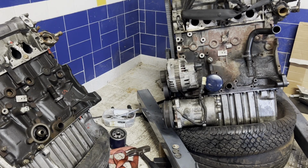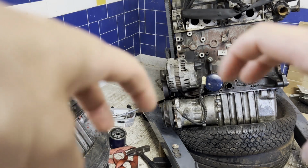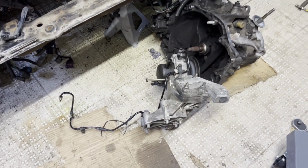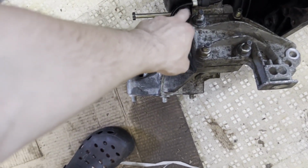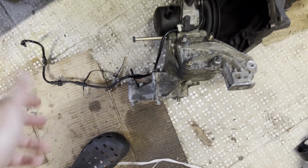Well, there are some things that I have already done, but I haven't been able to record them because my phone was charging. But as you can see, both inlet manifolds are out. You have already seen me remove the one from the new engine. I have already removed the high pressure pump. Where is it? Oh, it's actually behind me. Yeah. And since I wasn't exactly understanding how a collar inside here would get out of the way so that I could remove this from the mount, what I decided to do was remove the entire mount. That's easy. They are exactly the same, so...